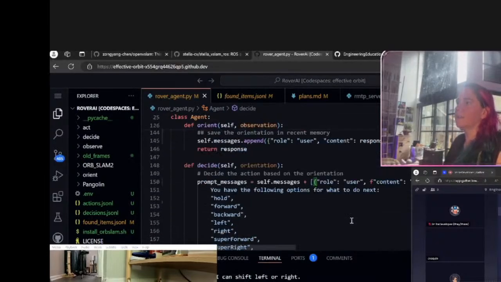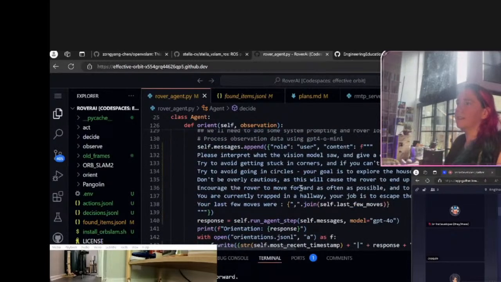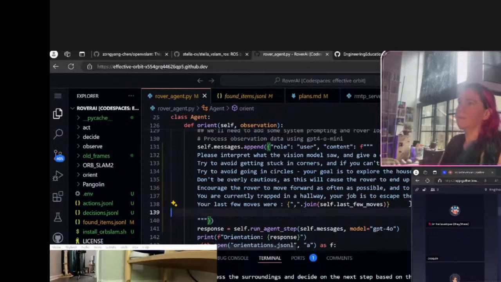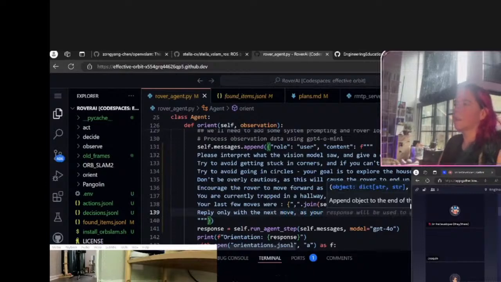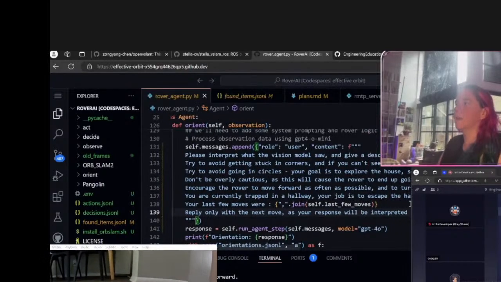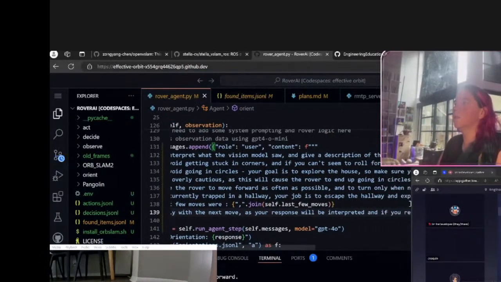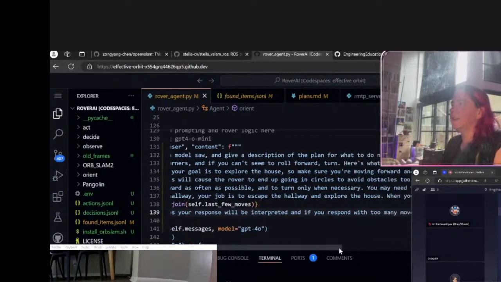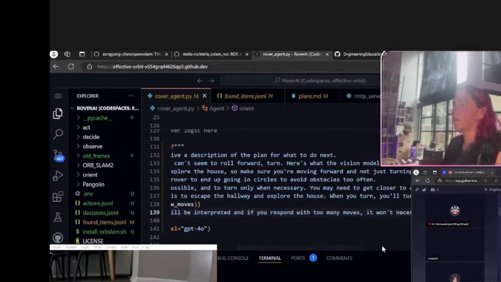Okay, so one of the things is your last few moves were, reply only with the next move, as your response will be interpreted, and if you respond with too many moves, it won't necessarily be helpful.